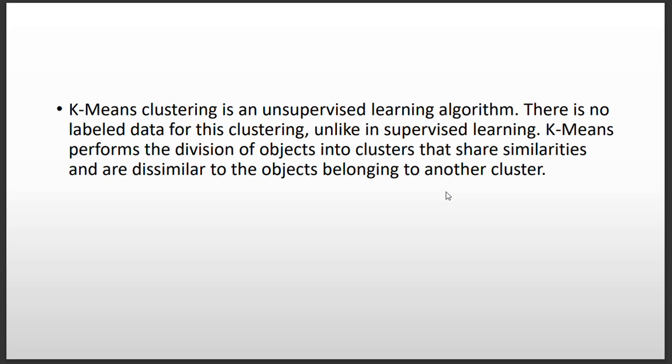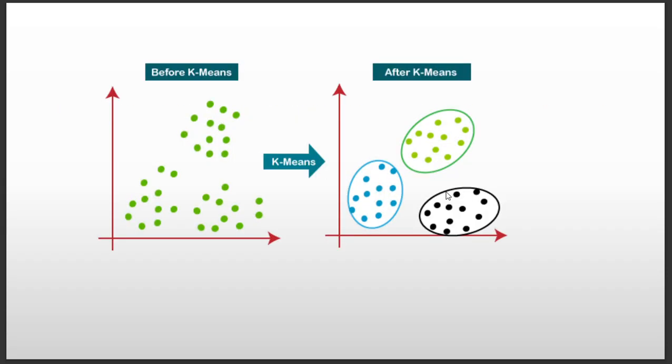A k-means clustering is an unsupervised learning algorithm. There is no labeled data for this clustering, unlike in supervised learning. K-means performs the division of objects into clusters that share similarity and are dissimilar to the objects belonging to the other cluster. Here you can see this is the unlabeled data set, which is of the same color, and